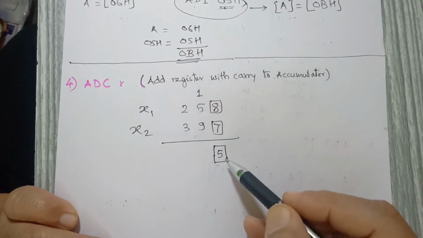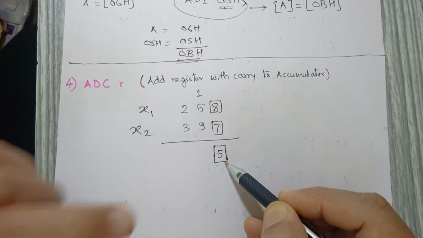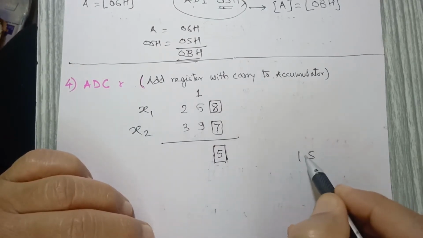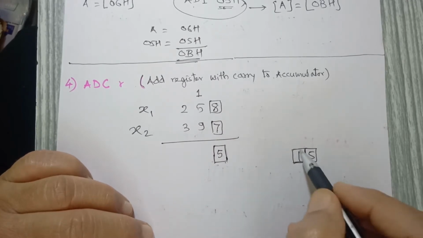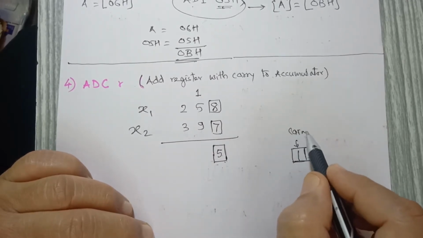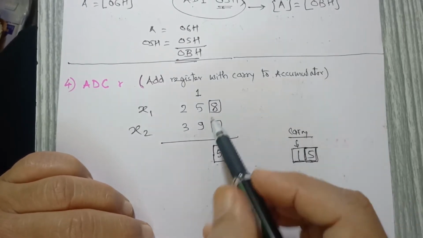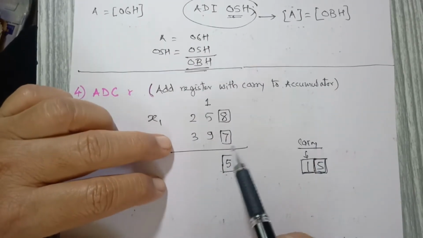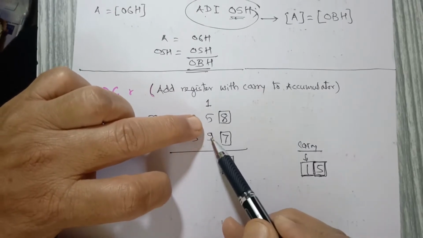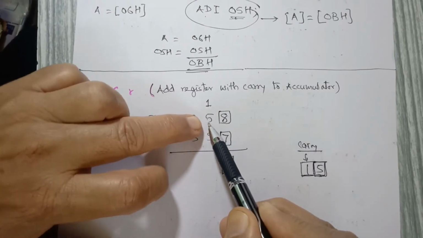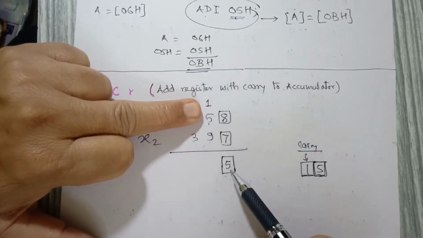For the sum which cannot be accommodated in a single digit, to express 15 we require 2 digits. So this is the carry, because it cannot be accommodated here. And then, in order to get the logically correct answer, for the next column we add 9 to 5 along with the carry which has resulted from the last column addition.